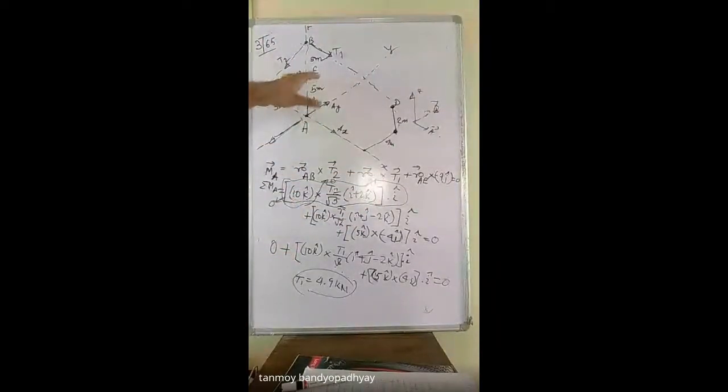When you equate the moments of T2, that moment has no contribution in the x direction as well as the z direction. It is directed in the y direction because T2 lies on the xz plane. So when I take the moment, it is perpendicular to the xz plane, in the y direction. So the moment due to T2 is directed in the y direction. If I equate the x direction or take a dot product, it will have no component in the i direction. That is why this term reduces to 0. So you are left with only the terms with T1, and using only one equation you can solve this problem.